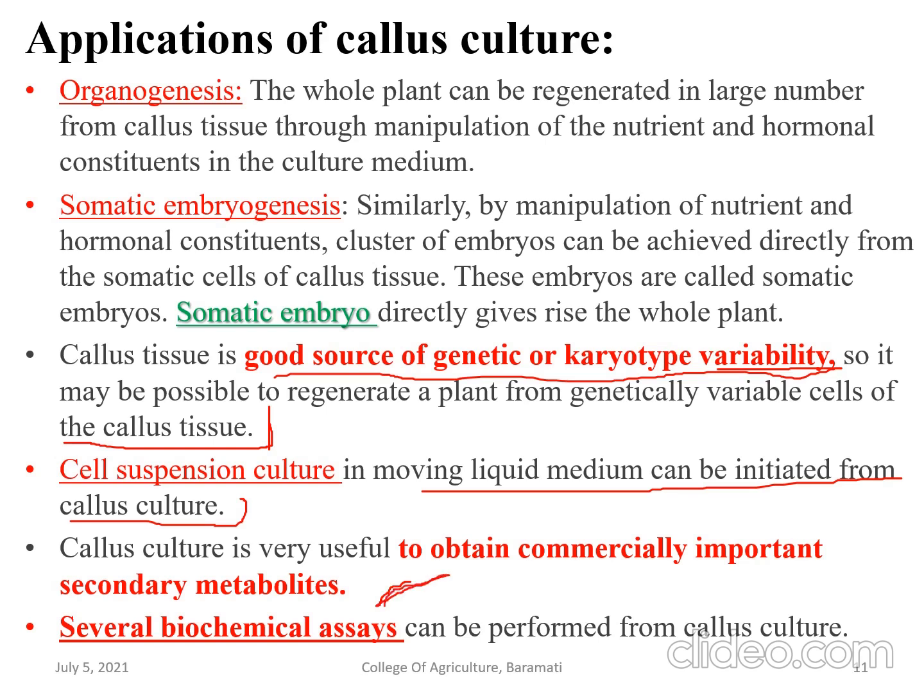Primary metabolites and secondary metabolites are there in the culture. Secondary metabolites are the metabolites which are not needed for the growth of the plantlet. They are just secreted out of certain organs like roots or stem or any kind of plant tissue. So generally these pharmaceutically important secondary metabolites can be obtained from callus culture.